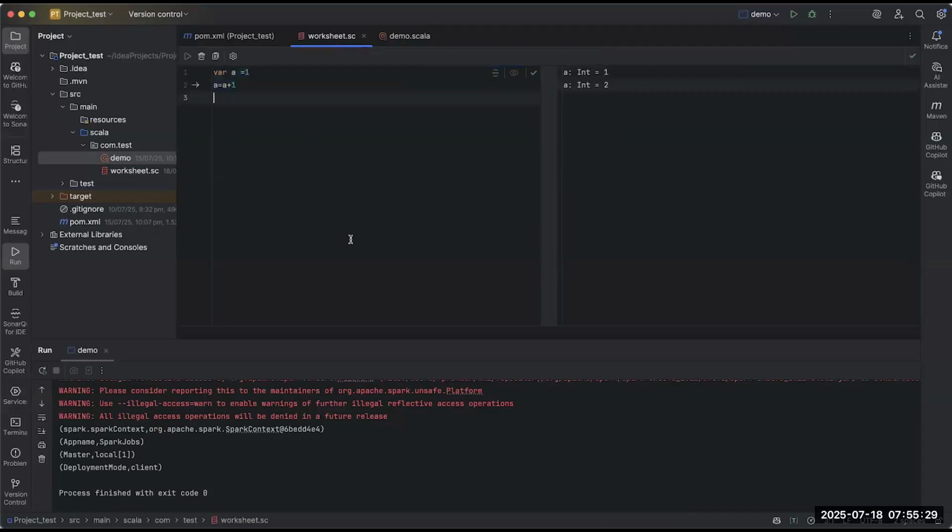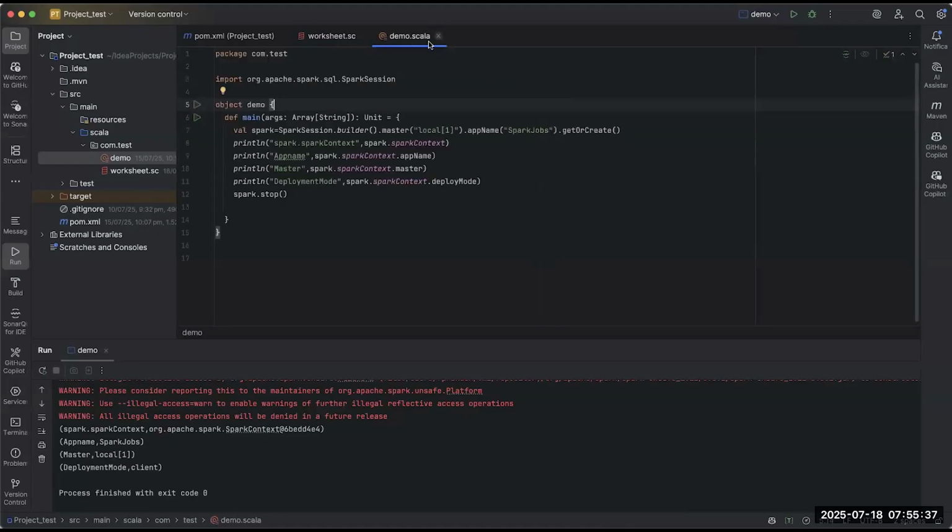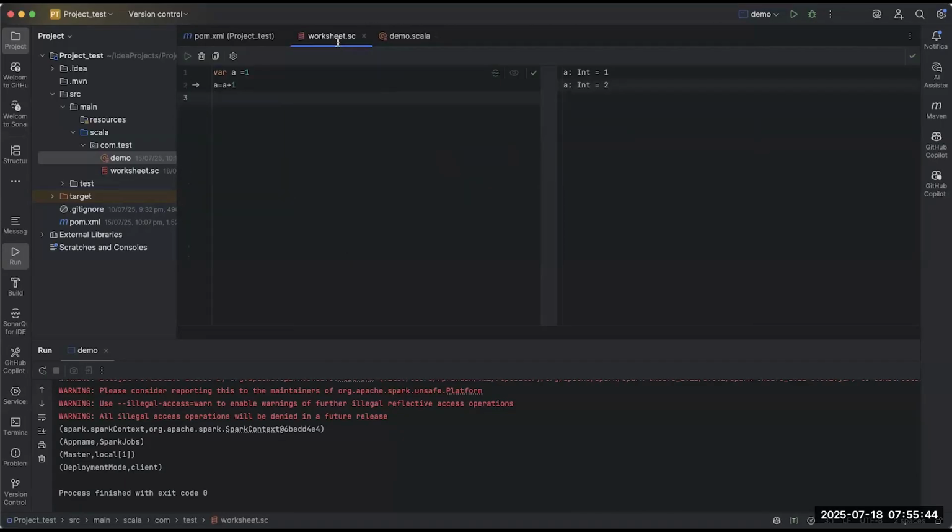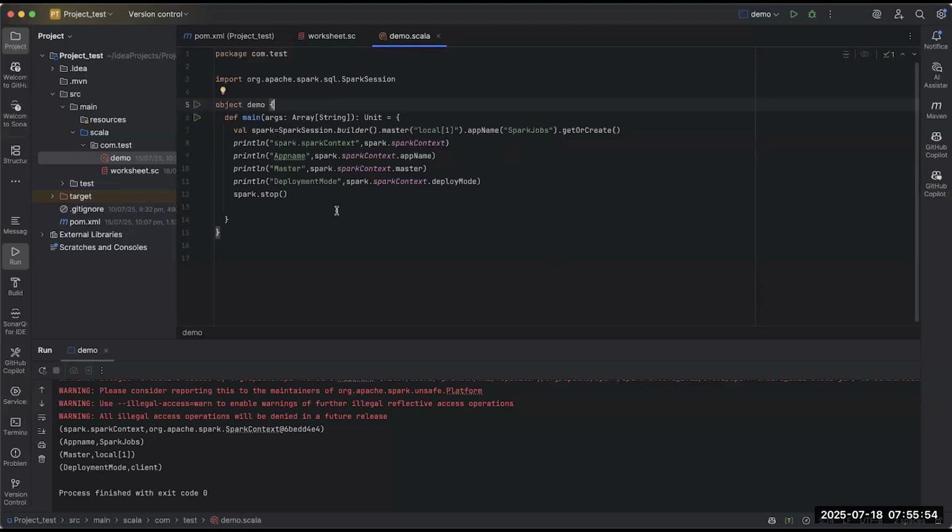It is similar to the Scala REPL, where you write on the terminal and you see the output. Similarly, you can see it here also. But if you write using the extension dot Scala, then it will compile it, so it will take time. That's why, for practice, we will be using the worksheet. And when we write the actual program in Java or Scala with Spark, we will create something like this and then write our program.